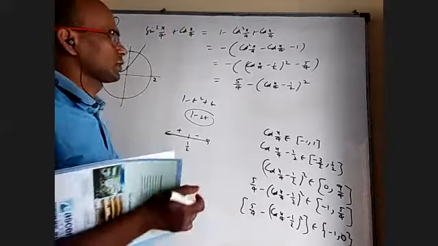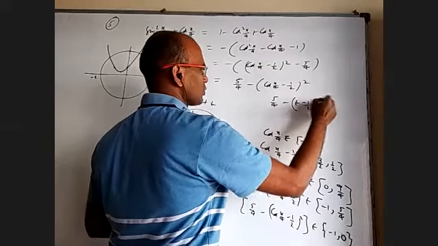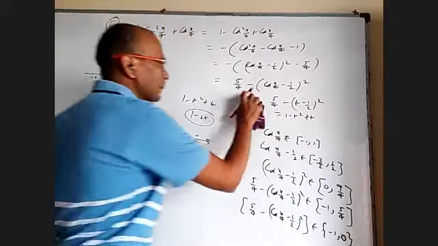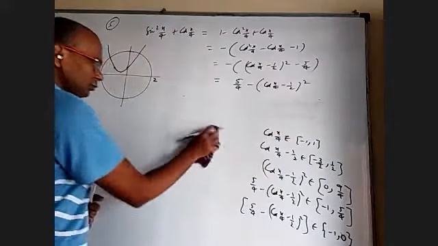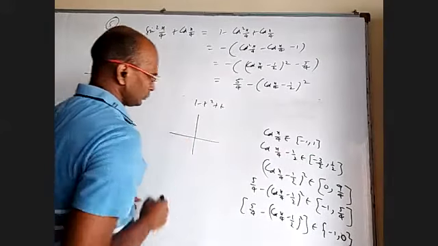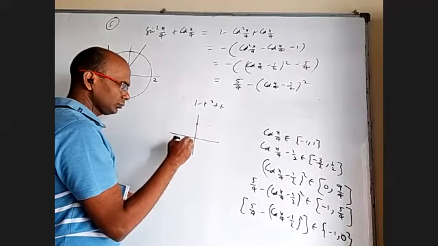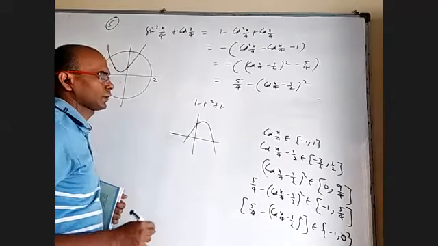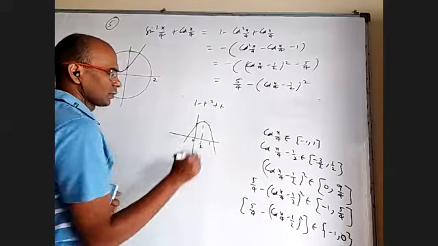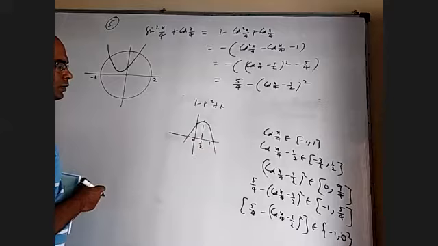If I look at only this parabola graph, I want to know, not exactly this, but coming to this 1 minus t square plus t, that is better. If I take cos x by 4 as t, it is 1 minus t square plus t. What is the graph of that? Downward parabola, at 0 it is 1, at 1 also it is 1. It will be like this. This is 0, this is 1 by 2, and this is 1. So as long as my cos values are between 1 and 1 by 2, okay.